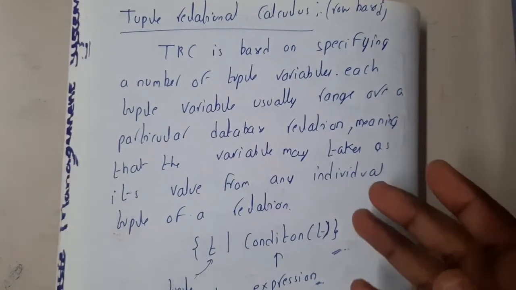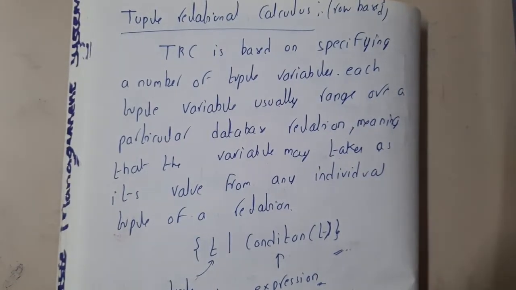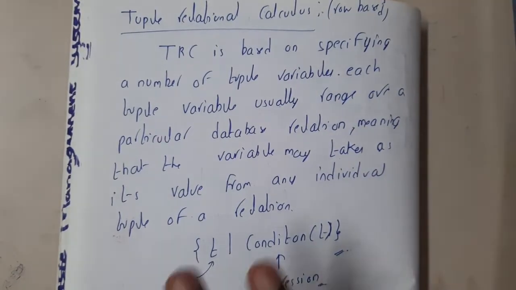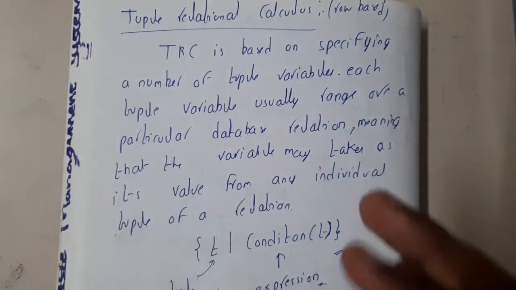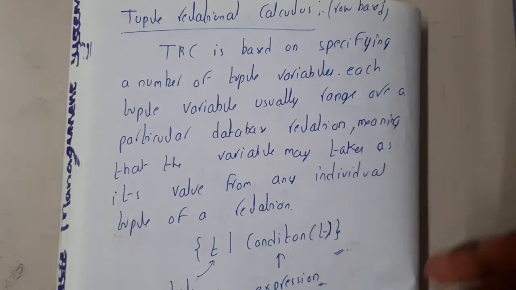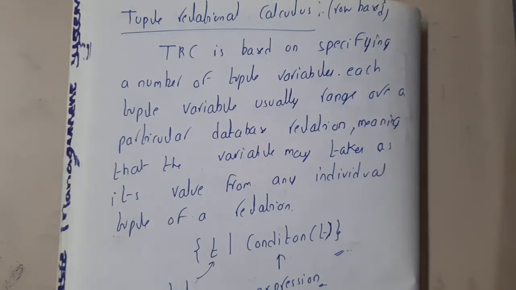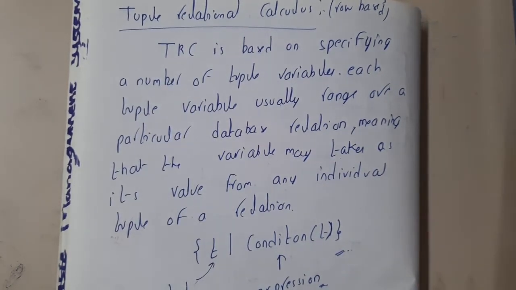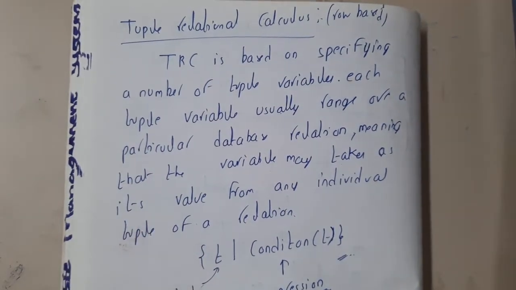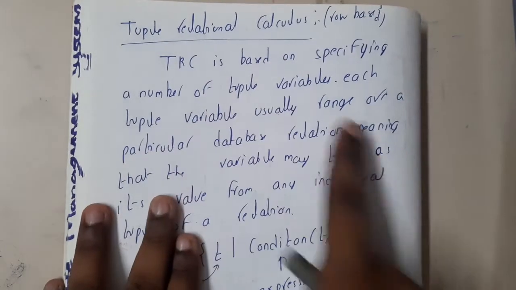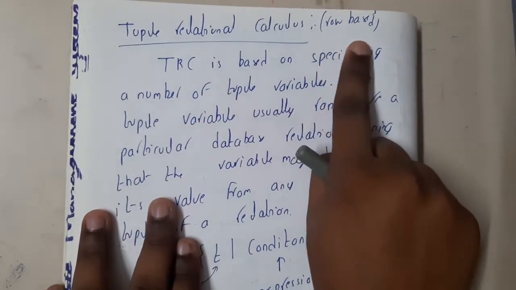Let us first go through the definition, then I'll be going through some examples. The final goal of this lecture is to understand the symbols, and you should understand what exactly the statement is saying. That's it. If you are able to understand it, that will be more than enough according to this lecture, and that will be enough for our GATE also. Tuple relational calculus is based on a row based method.